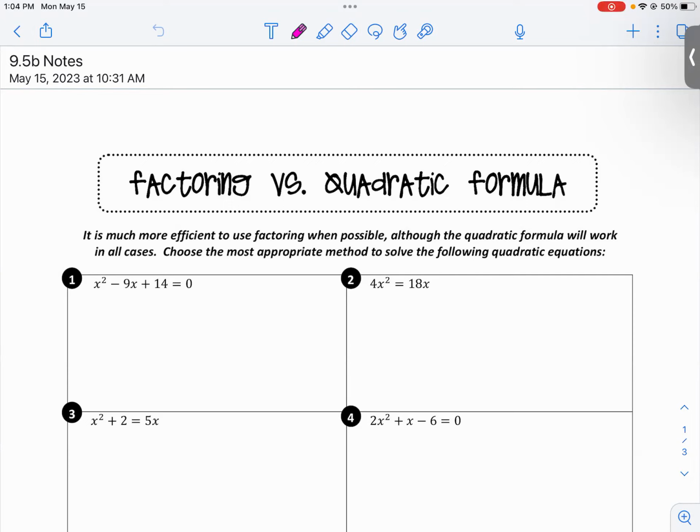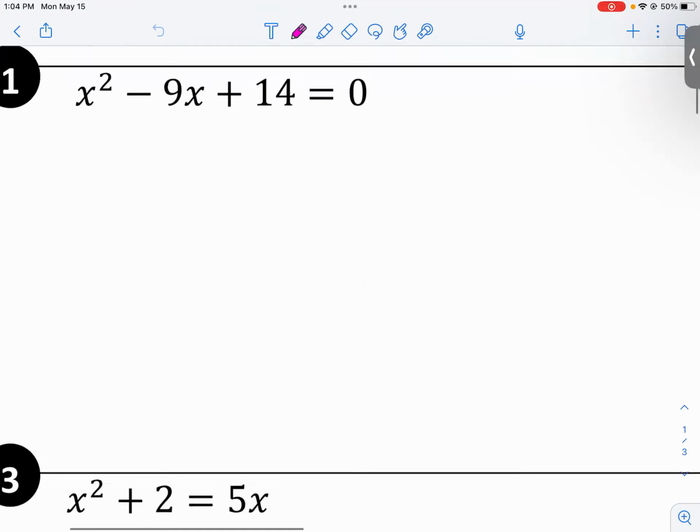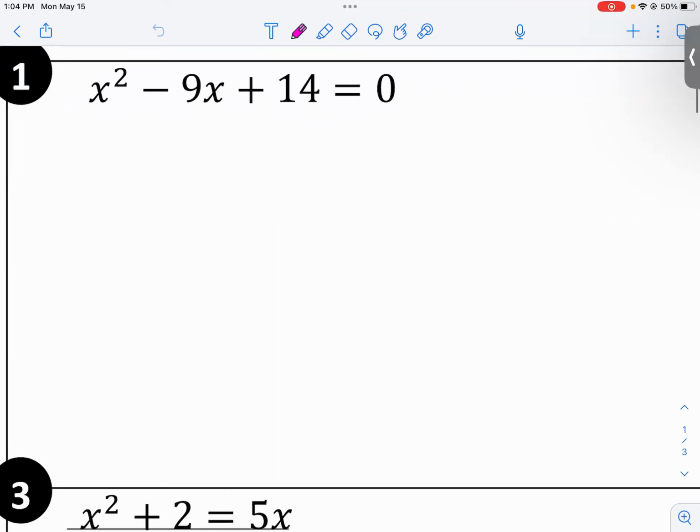So we need to be able to make a decision about what method we should use for each quadratic. Okay. So let's just have a conversation. First of all, is this one ready for me to solve? Yes, because it said equal to 0. Okay. So if this were to be factored, we would want to